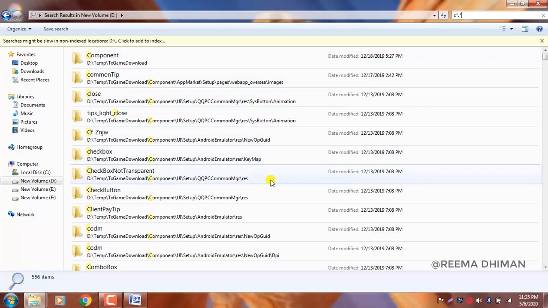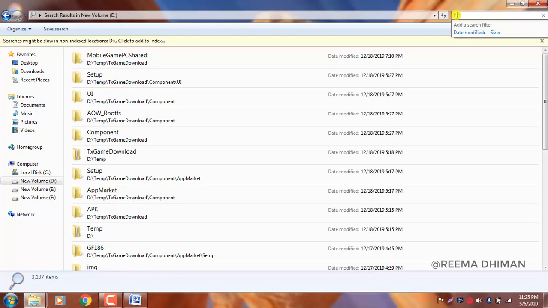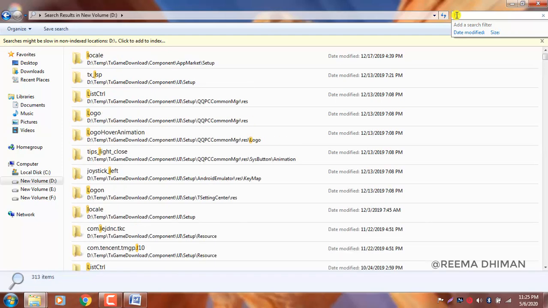So in the first case you will search any particular file whose extension can be any and whose name starts with a particular letter. For example, I'll change here to L. So all the files whose name starts with L and is followed by any number of characters will be on your screen. So this is the first case.